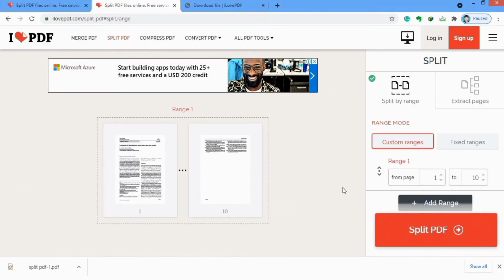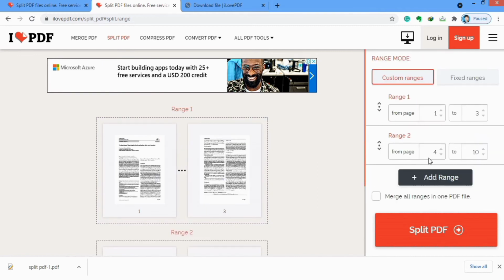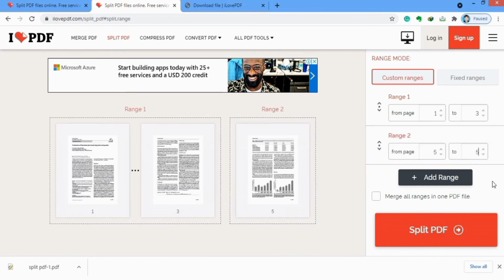Now I want to separate page 1 to page 3, and click on add ranges. If you want to separate more pages, I want to separate page number 5 only. You can also click on add ranges if you want to add more ranges.